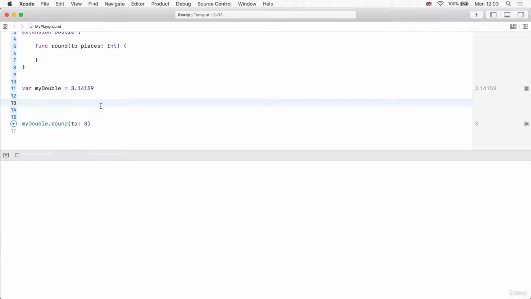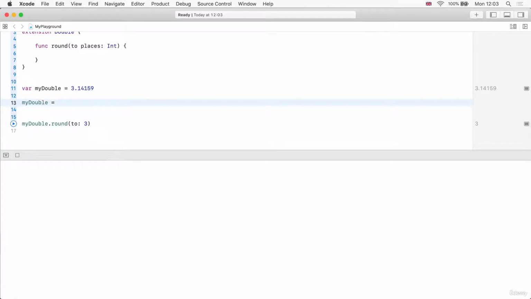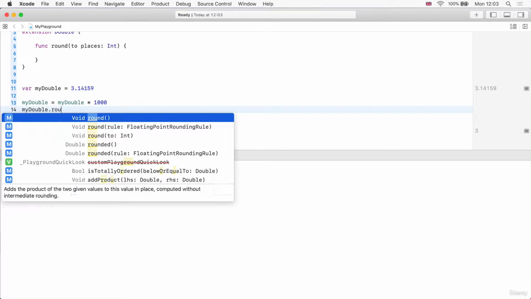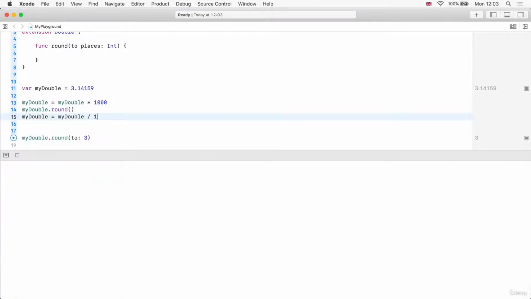but modify it to round to a certain number of decimal places, what we would have to do is first take my double and multiply the existing value by, let's say we wanted to round it to 3 decimal places, right? Then we would multiply it by 1,000, so 10 to the power of 3, and then we would take this new value of my double and apply round to it. And finally, we can set my double's new value to be equal to the current value divided